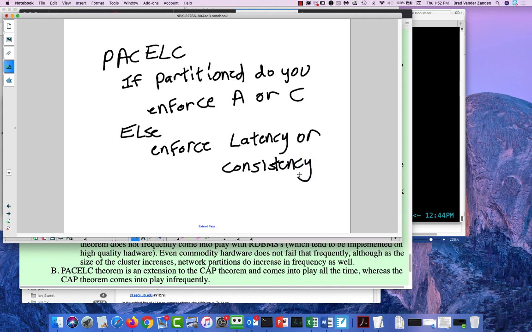So PAC-ELC is kind of a modification or extension of the CAP theorem. It says most of the time your system is not partitioned, so you'll be in the else situation. If it is partitioned, then you choose between availability or,